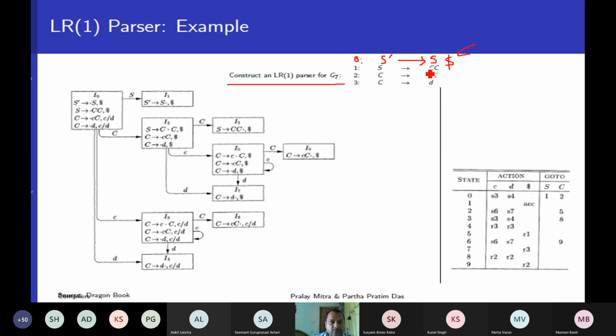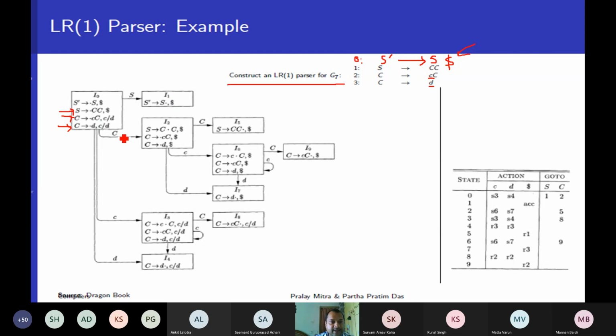Now following the closure property, items 2, 3 and 4, I mean production rules 1, 2, 3, will be added. And when I am adding, as I mentioned, for production rules 2 and 3 the look ahead is C or D, that's why I am writing C/D. Now from here, if I see S, then the transition will be S prime derives S dot, look ahead dollar, that is also my accept state, that is my I1.